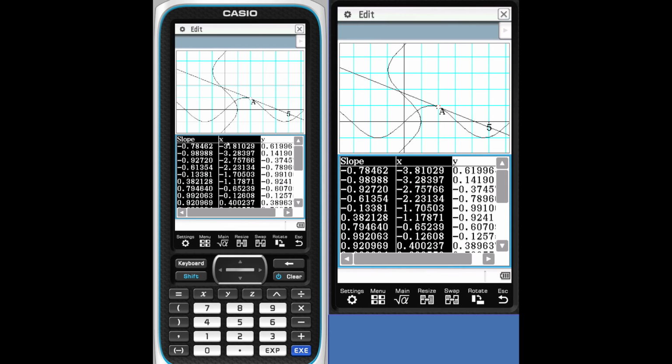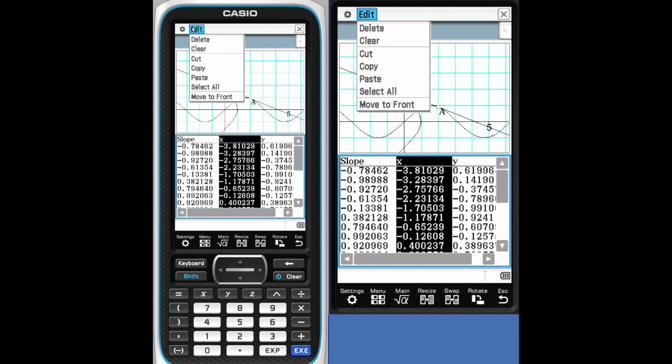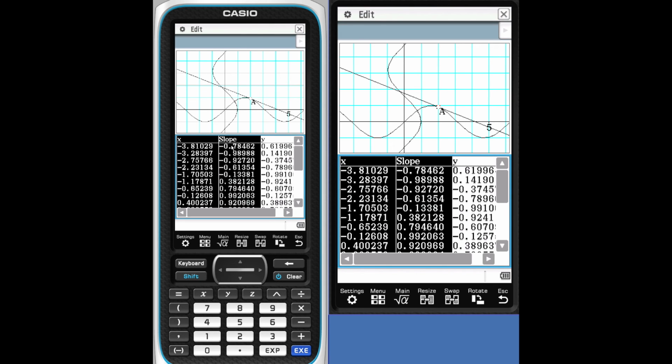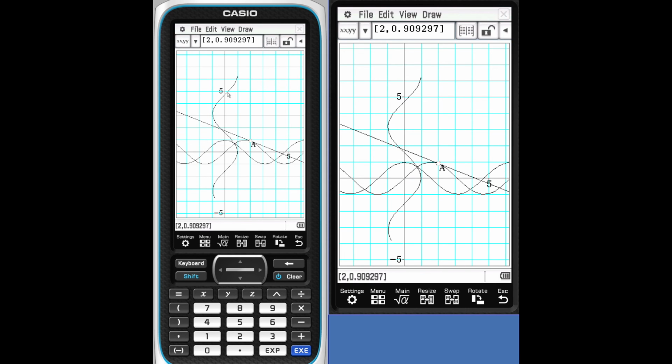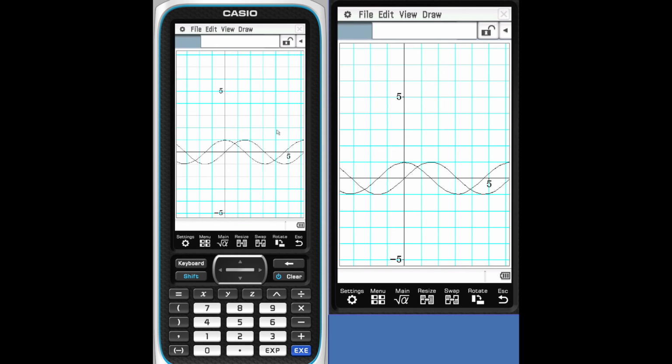So let's move these around. What I want to see is I want to see the tangent. Select the X, edit, let's move it to the front. Select the slope and your X, drag them and drop them. Now what you have is a second curve. Let's go ahead and resize the window. I'm going to get rid of that curve there, so I'll edit and I will delete it. So I have my original sine wave. The second wave is actually a cosine wave. So now you have a relationship between the sine and the cosine, and it's all based on data that you collected.